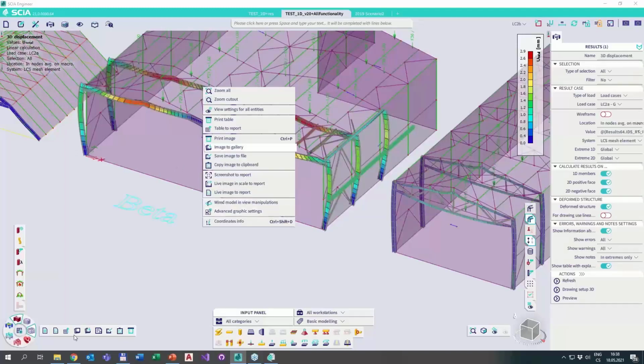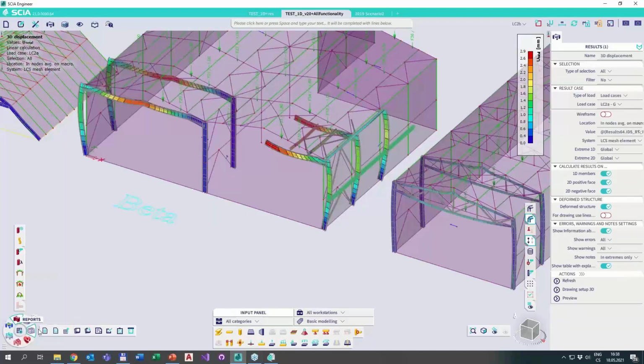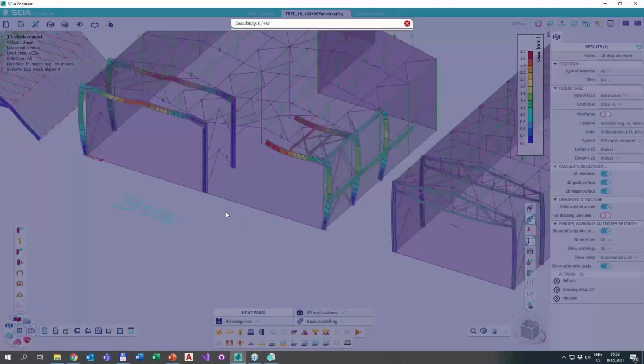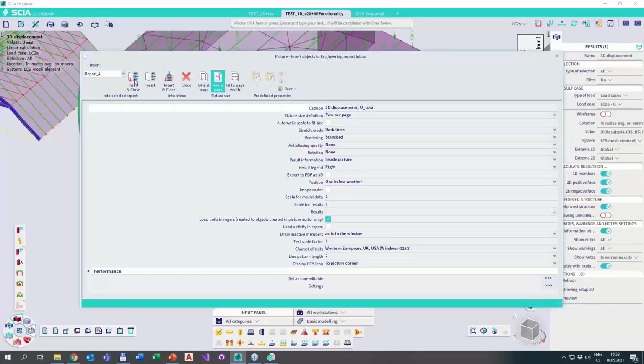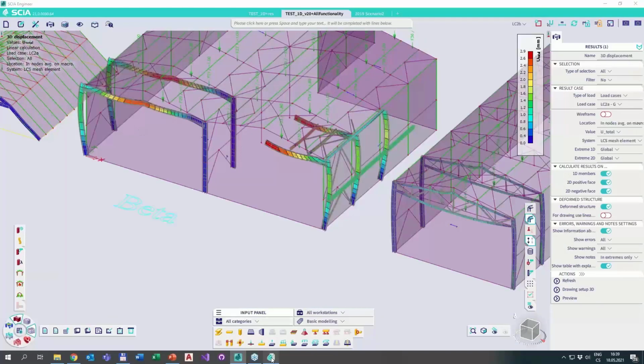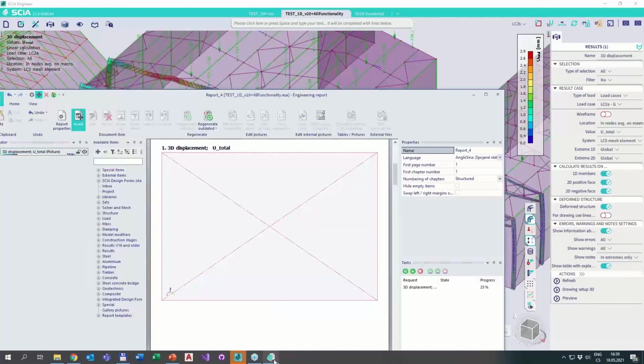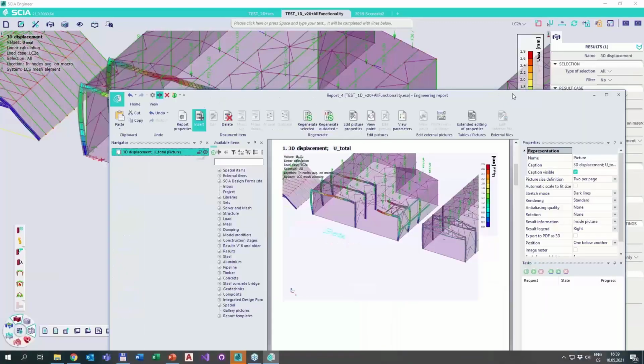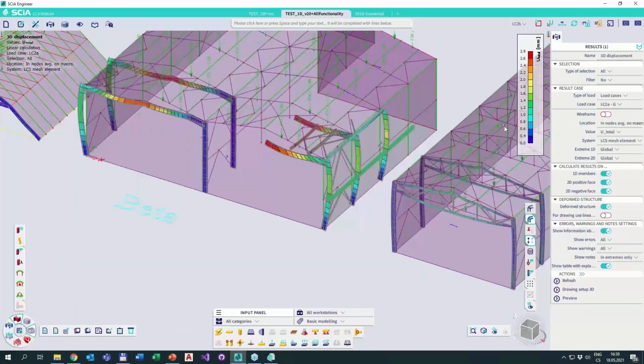Here I have a context menu, or here I have the process toolbar components, which actually can send images or tables into report. This way I can just right click here and I can send live image to report, which shall not recalculate. But it wants to actually send the most up-to-date data. And now it actually can take for this particular result multiple minutes, but I'm able to send anything into engineering